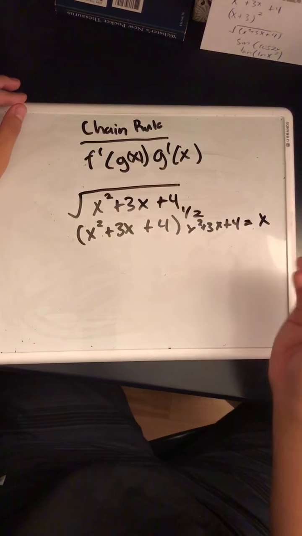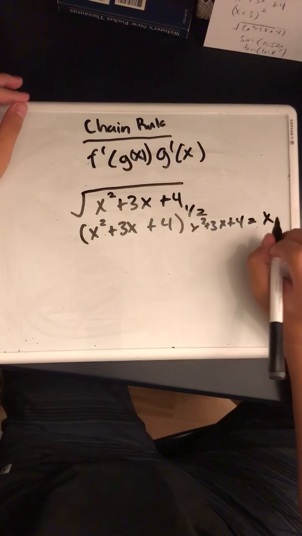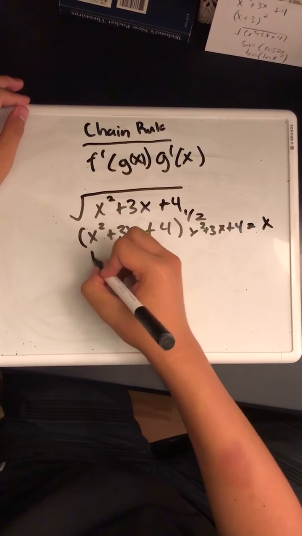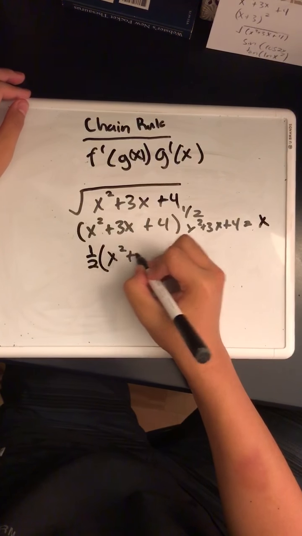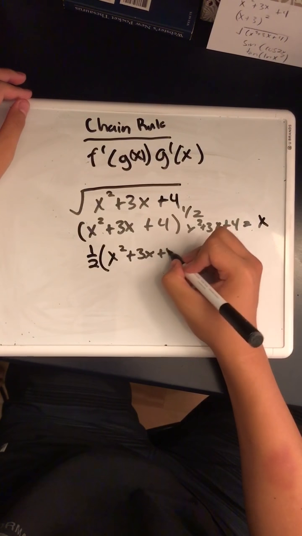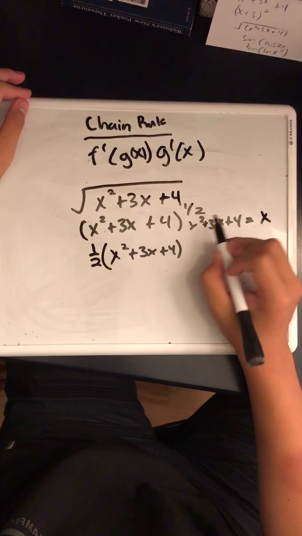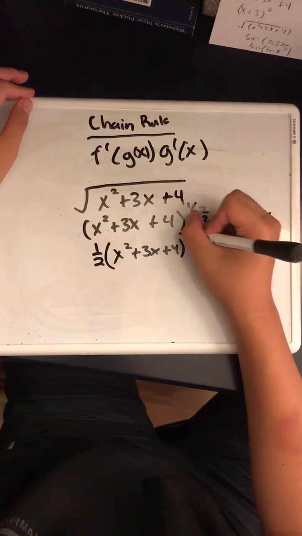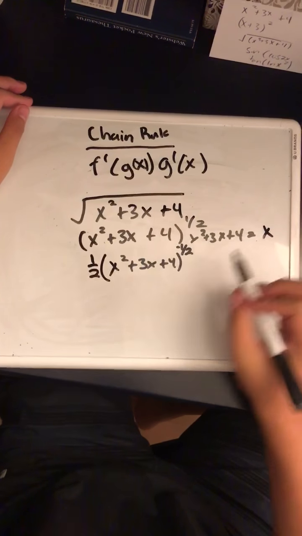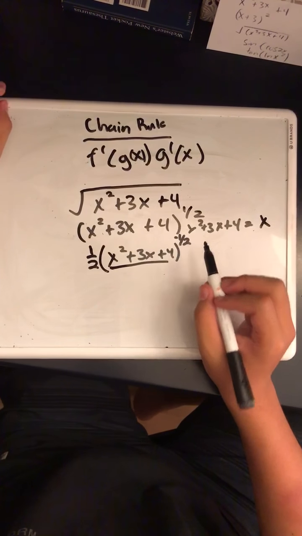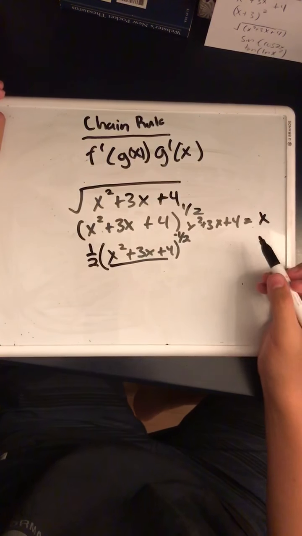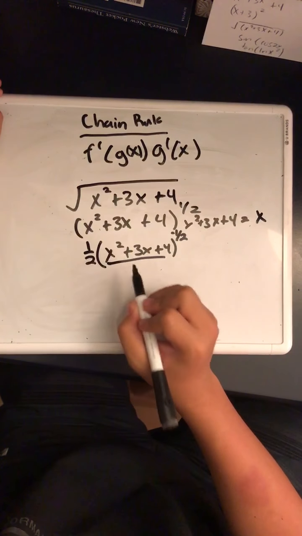We do the same thing. So it would be something like x to the 1/2 power. So we would bring down the 1/2 to the side, be 1/2 times x squared plus 3x plus 4 to the 1/2 minus 1, which would be negative 1/2. But we still have to find the inside. Remember that the derivative of the chain rule is the derivative of the outside times the derivative of the inside. So the derivative of the inside would be